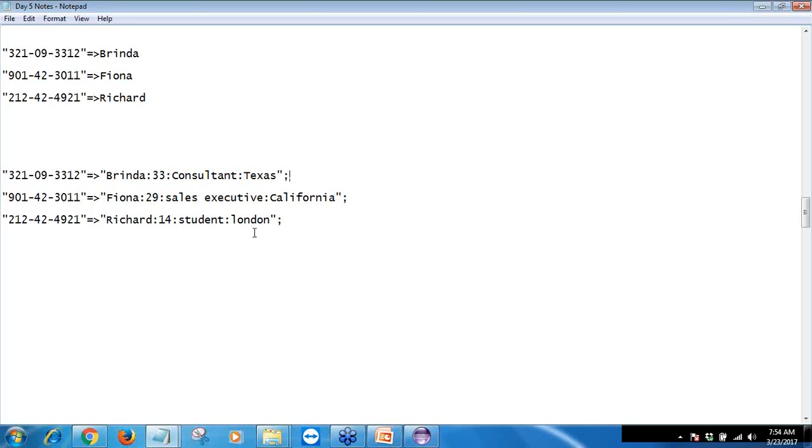For every social security number, we have a set of values which are separated by a separator, that is a colon. So this is a key. The key contains a value. The value is actually a string which contains multiple data inputs separated by a colon. So if I want, I can go ahead and print, for the social security number,